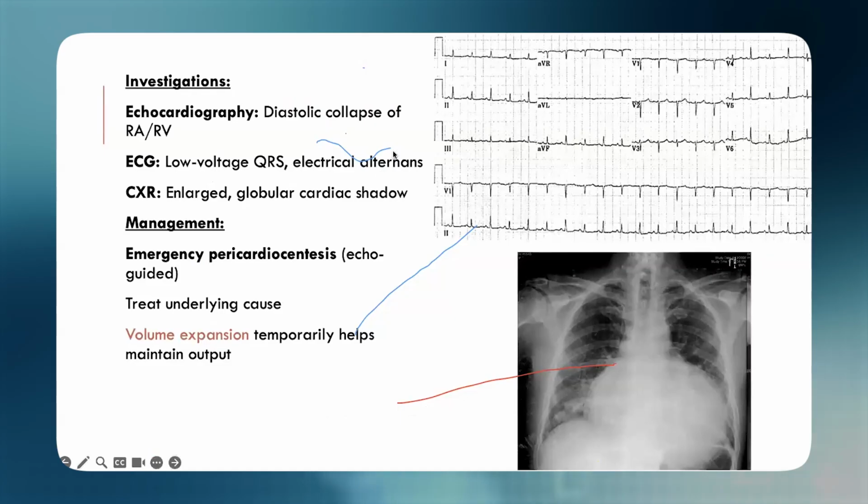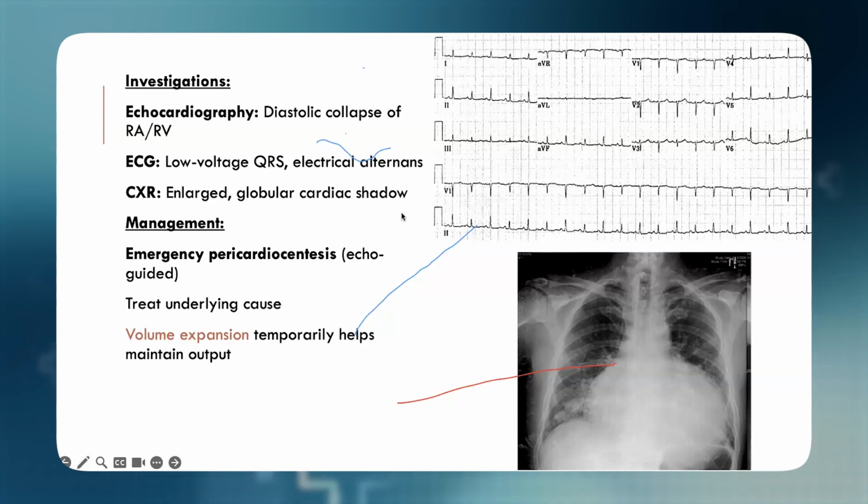In echo, diastolic collapse of RA and RV. ECG, low voltage QRS, electrical alternans. Can you see this ECG? There is alternate amplitude of the QRS. This is high, this is low, this is high, this is low. This is called electrical alternans, typically seen in cardiac tamponade, also seen in some supraventricular tachycardia, but anyway, typically seen